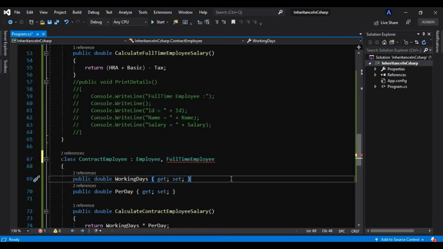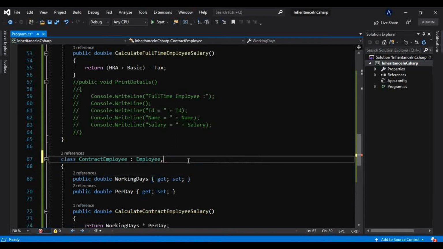And why? That we will learn in a later video, as well as we will see what is multiple inheritance and how we can use that through interface. And also we have not yet learned what is interface, so that we will see first, and then in later videos we will learn what is multiple inheritance in C#. Okay, so don't worry about that, but for now I will remove that, and this is nothing but a single inheritance in C#.